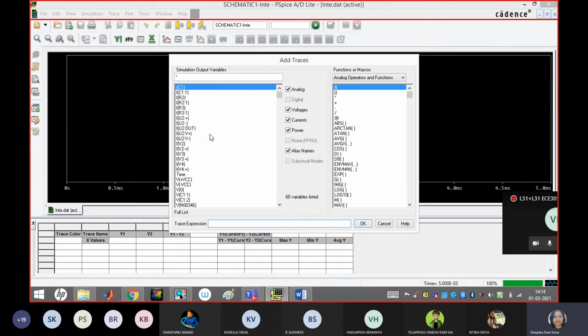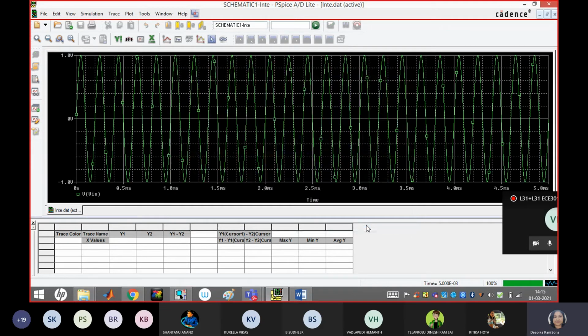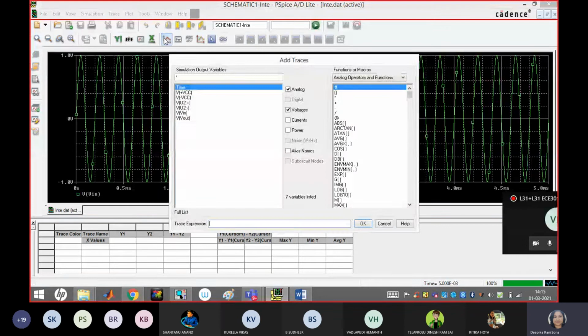After getting that, what is my requirement, guys? I need to capture the analog signal, and the voltages to be measured. So I will deselect the checkboxes which are not required. I'll keep just two things, the analog and voltages checkboxes, selected. Now you can see V in and V out, which we labeled, appearing here instead of the VCC. First I will select V in, click OK. Then I will select my V out, click OK.